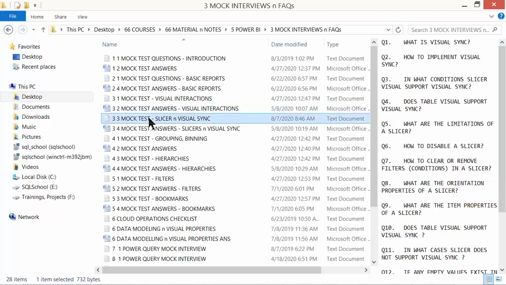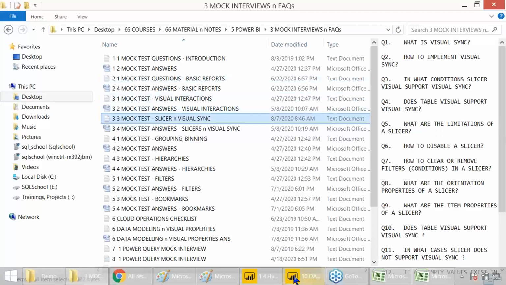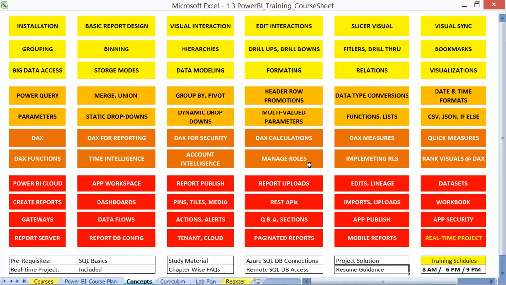So the mock test should be completely email based. You'll keep submitting them and I need to keep evaluating your responses and send you back the answers. The course is vast. It's planned for about 1 month, including the project work. And let's understand now what is Power BI before we get into the more technical details about the course.